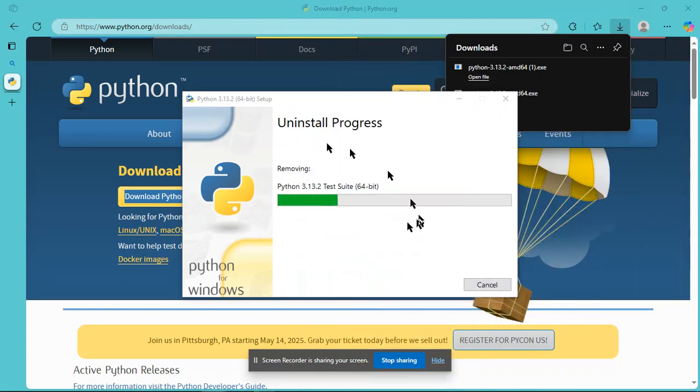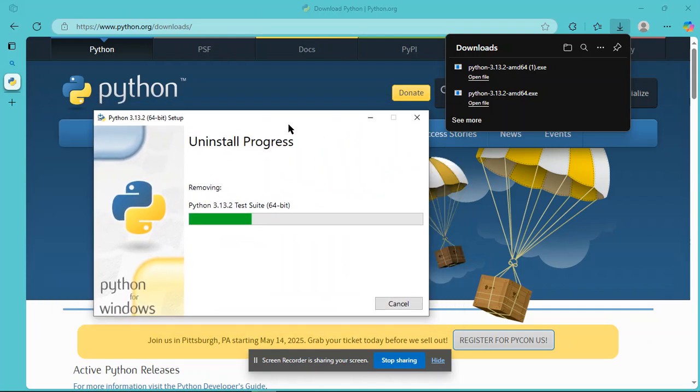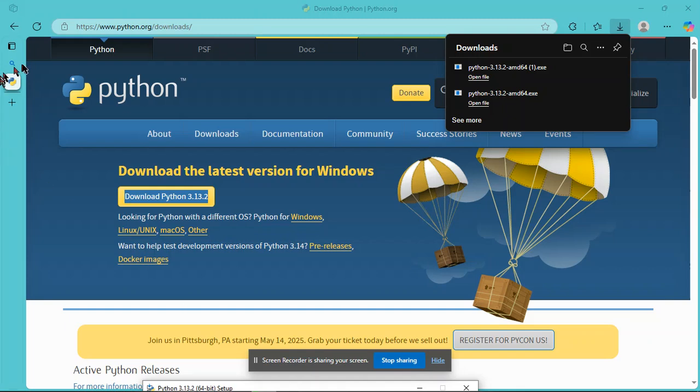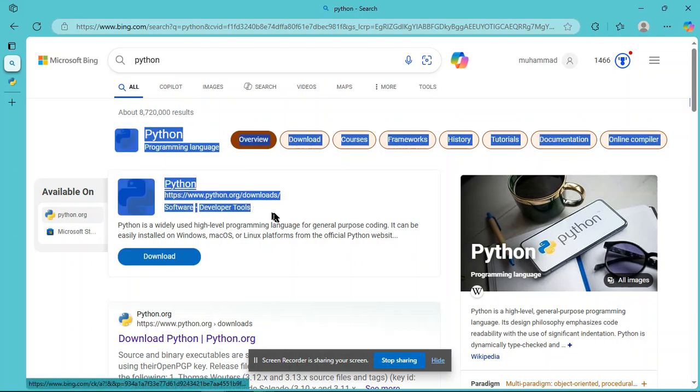Okay guys, so today I'm going to show you how we can download Python. So I've installed it, so that's why it's showing uninstall. So let it uninstall until I show you how to install. So you could search Python, and as you can watch over here,